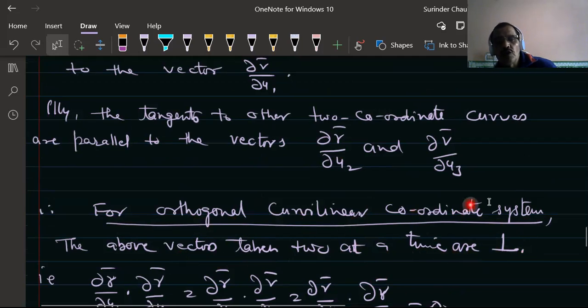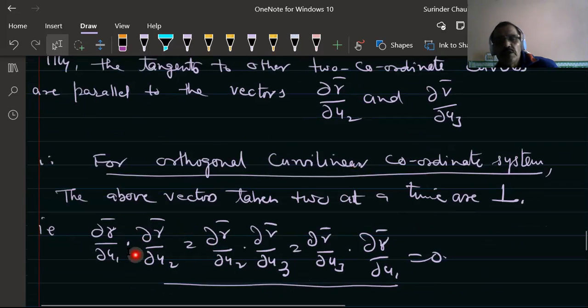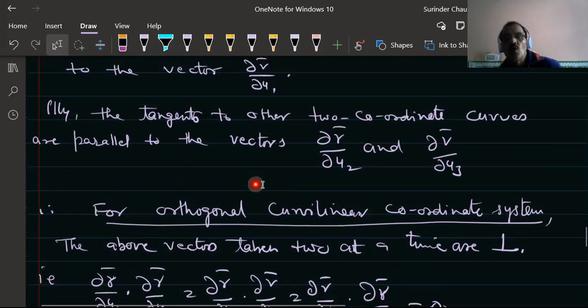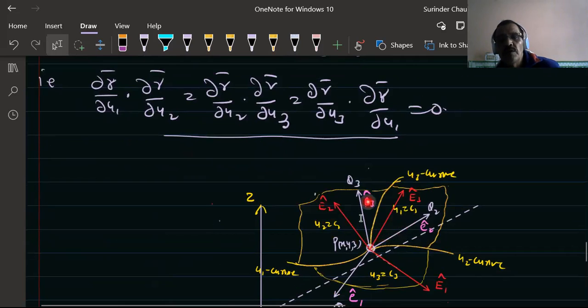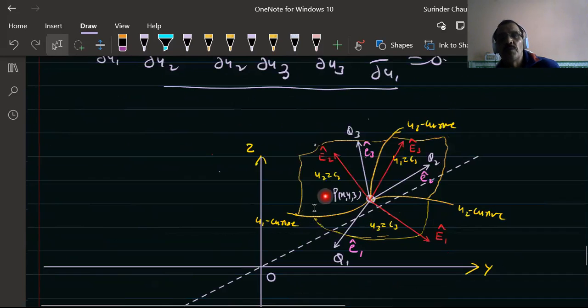If the curvilinear coordinate system is orthogonal, then if you take the first two tangents, they are perpendicular and their dot product is 0. Similarly the second and third, and the third and first, their dot products are zero. That is the condition for the curvilinear coordinate system to be orthogonal. We have discussed this in this lecture. Now we will discuss